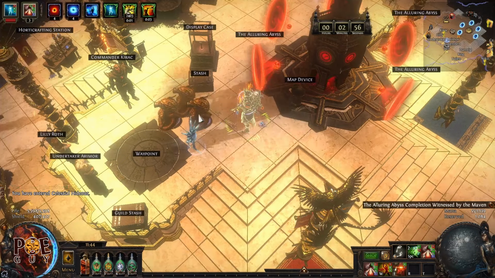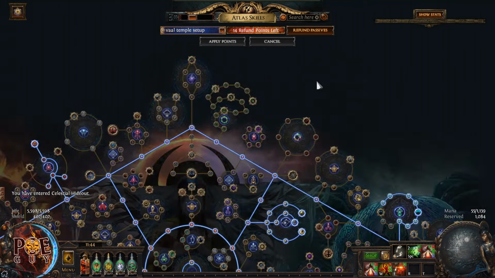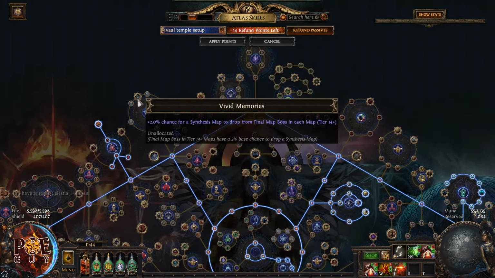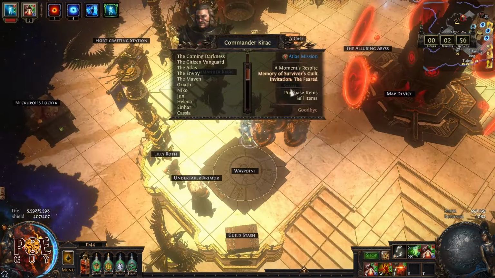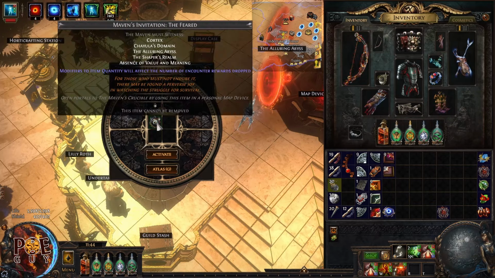What's interesting to tell here, actually, multiple things to talk about. First of all, in Necropolis there's no need to allocate special keystones in order to do the Feared, for the Uber mode, so you don't need to worry about the Atlas. The second thing is that after you witness all the bosses, you can just start the invitation from Kira. I talked about this before. I'm telling you this just in case you're new and don't know the changes